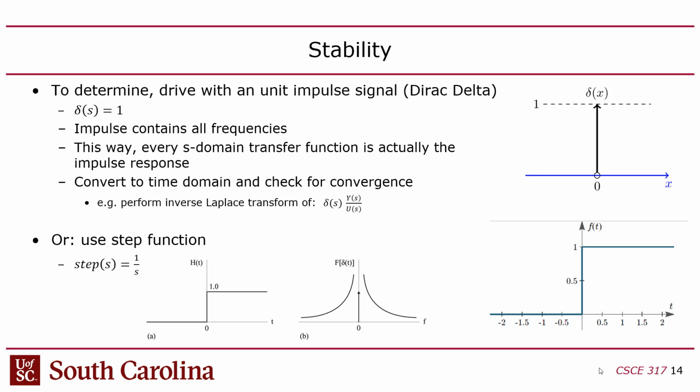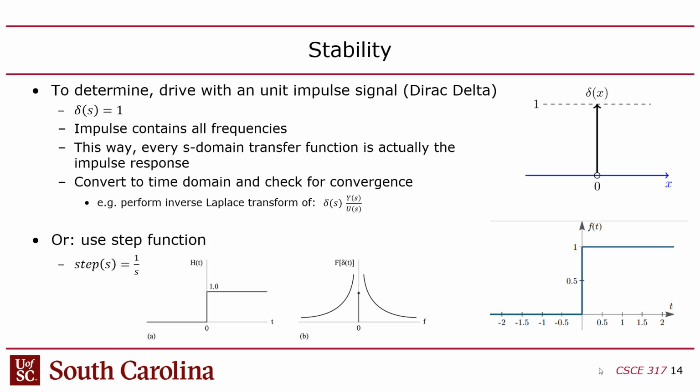Likewise, the same thing is true for the step function. Now, the step function, you guys might say, well, we use step functions all the time. It's just a pulse width modulation. Yeah, not really, because a pulse, like on a clock on a computer or a pulse width, it's not an infinite slope when it goes from 0 to 1, right? So a true step has infinite positive slope from 0 to 1. So it's defined as 0 when its time is negative, and 1 otherwise. That's a step function. Now, a step function in the S domain is 1 over S,